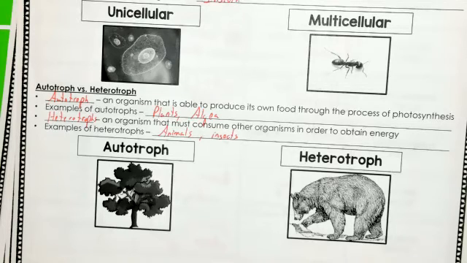Somebody said you don't need food to survive, you need water. You do have to eat. Now, you can survive 3 weeks without food, roughly, on average. Your body can, but you can only survive 3 days without water. Heterotrophs: animals and insects.